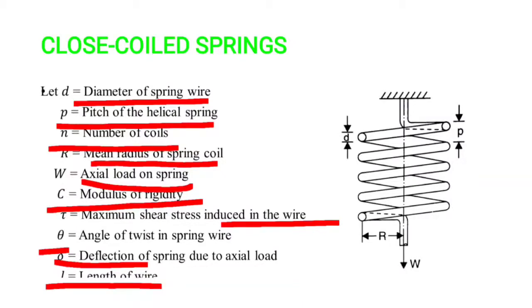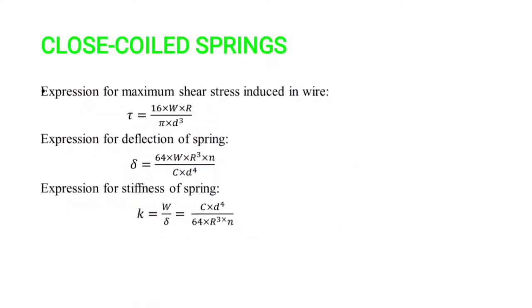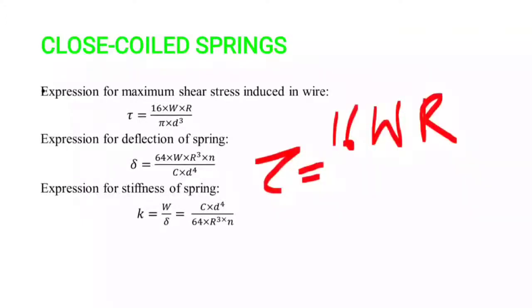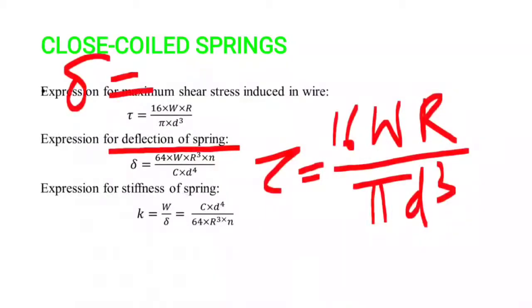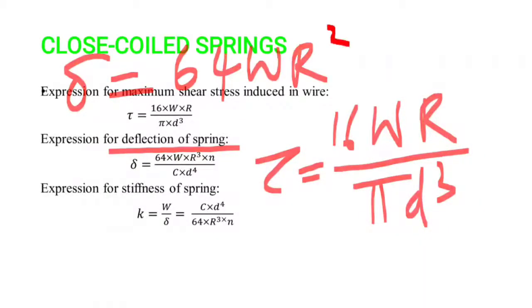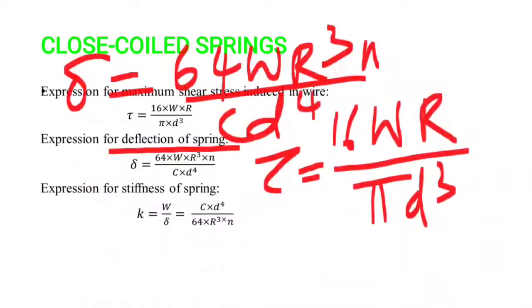I give three formulas for close coiled springs. One is the maximum shear stress induced in the wire, the second is the deflection of the spring due to axial load, and the third is stiffness. The expression for maximum shear stress induced in the wire is tau equals 16 W R divided by pi d cube, where W is the axial load, R is the mean radius, and d is the diameter. The expression for deflection is delta equals 64 W R cube N divided by C d power 4, where N is the